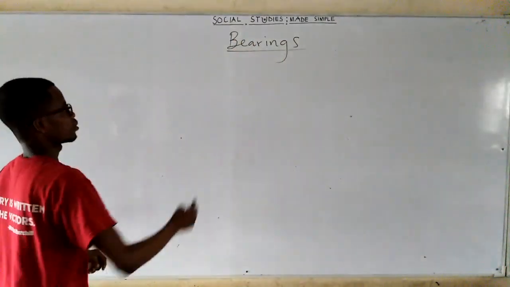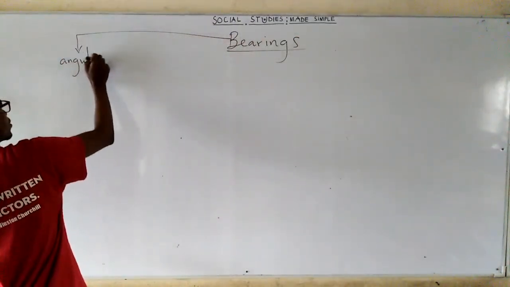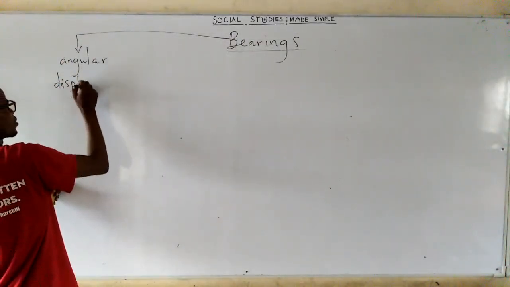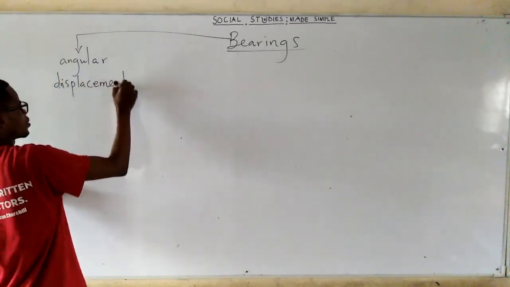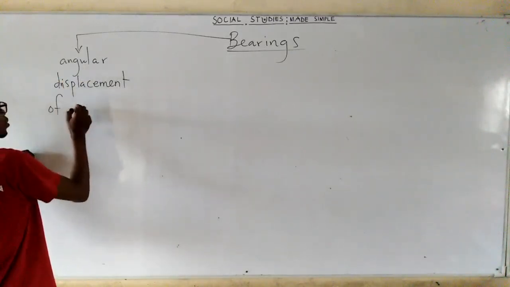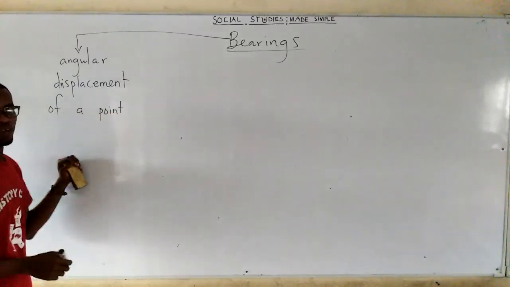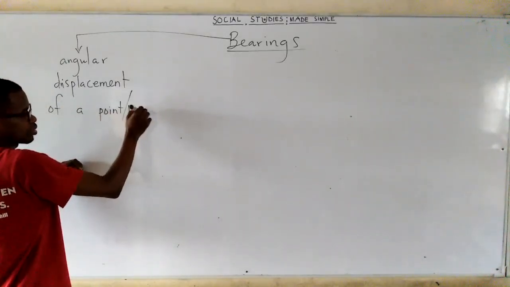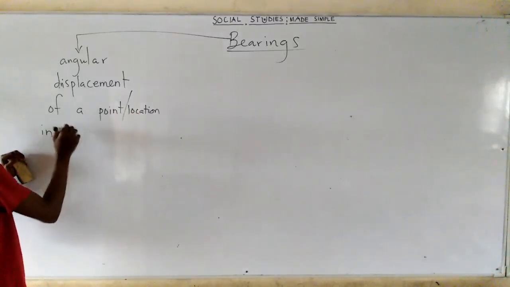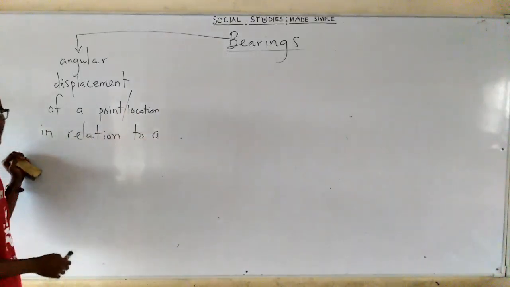So bearing, we will define it as the angular displacement of a point. That point could be a location. In relation to a